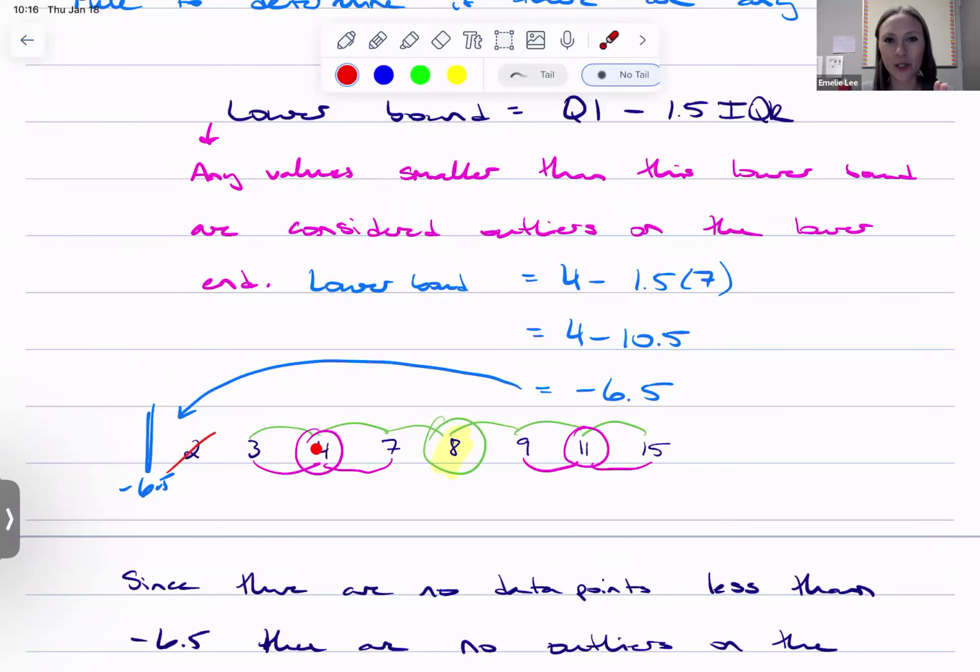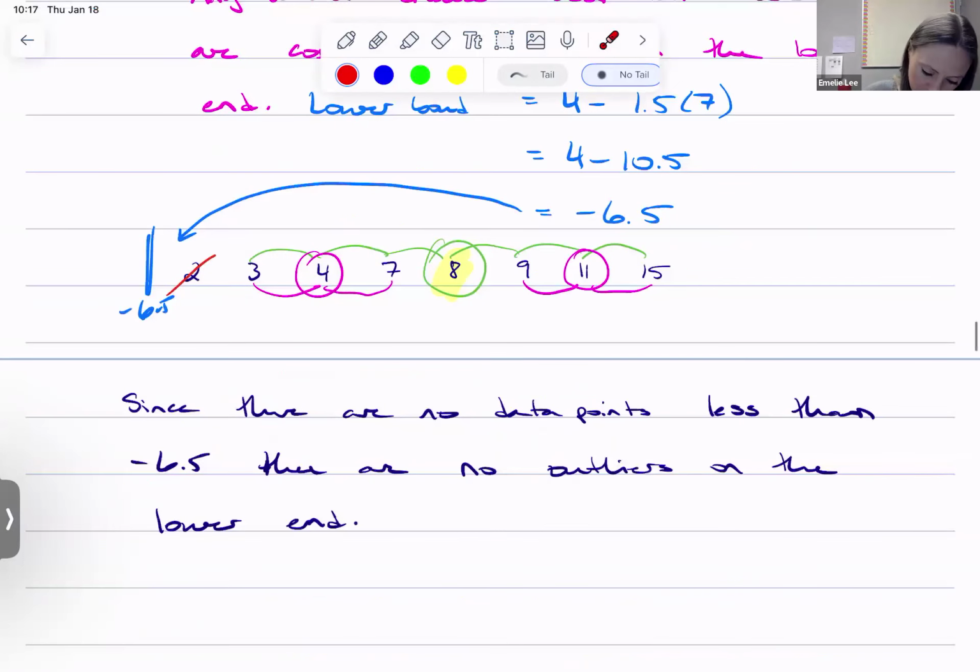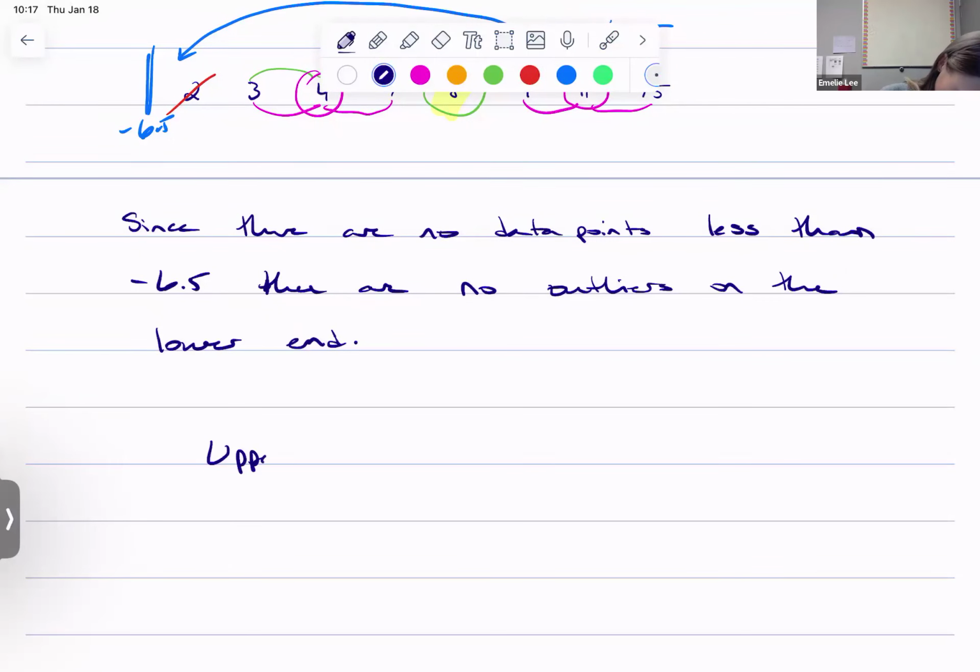So what we did was we took from Q1, we were allowed to go down a distance of 1.5 times the interquartile range. And that's just a set rule. There are other rules that you could use, but the most widely used rule is 1.5, so that's what we're going to use. By the same method, from Q3, I'm going to move up 1.5 times the interquartile range. That changes our formula slightly: from subtraction, moving down from Q1, now I want to move up from Q3, which means I have to add. So the upper bound is Q3 plus 1.5 times the interquartile range,